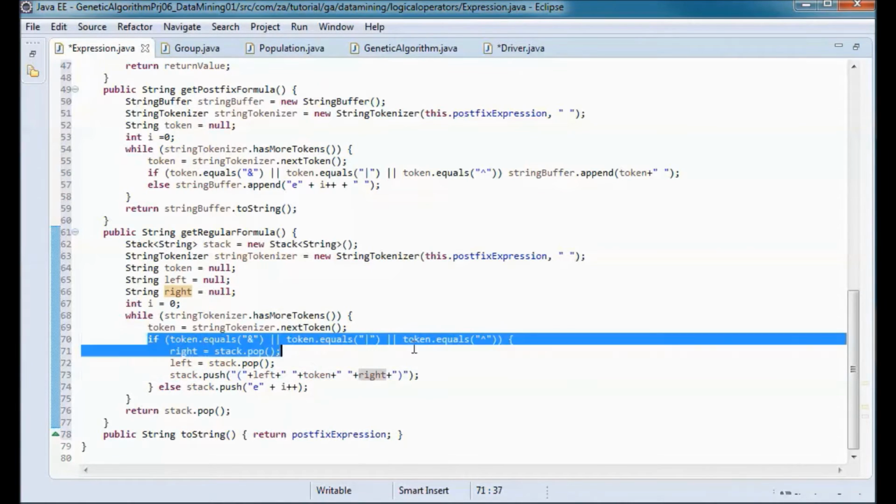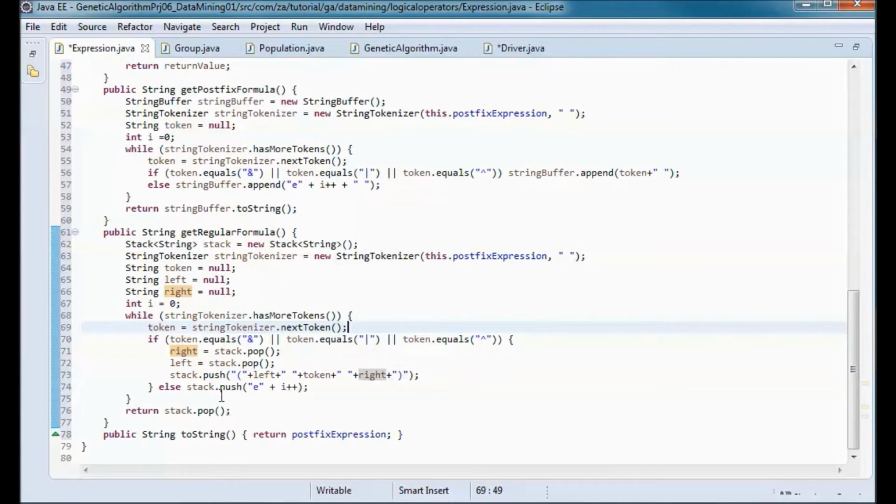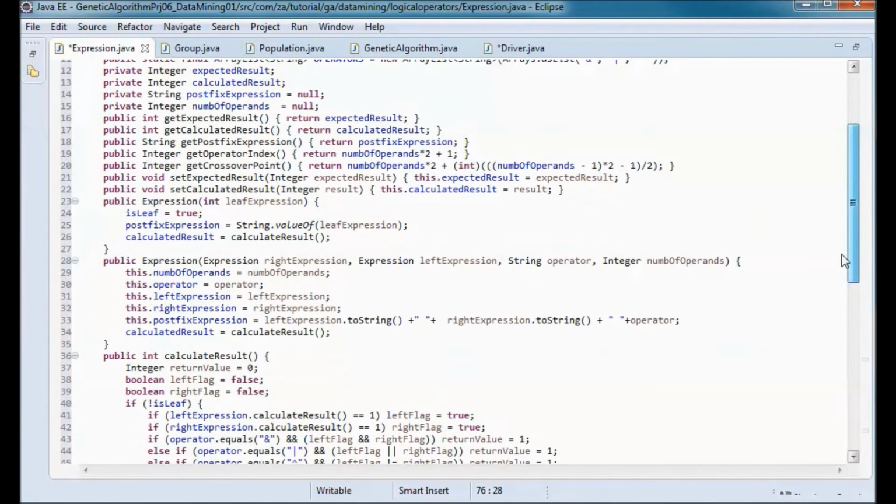And if we have 0 or 1, then we push onto the stack E and 0, 1, etc. And we return stack.pop. So this should do it for this class.